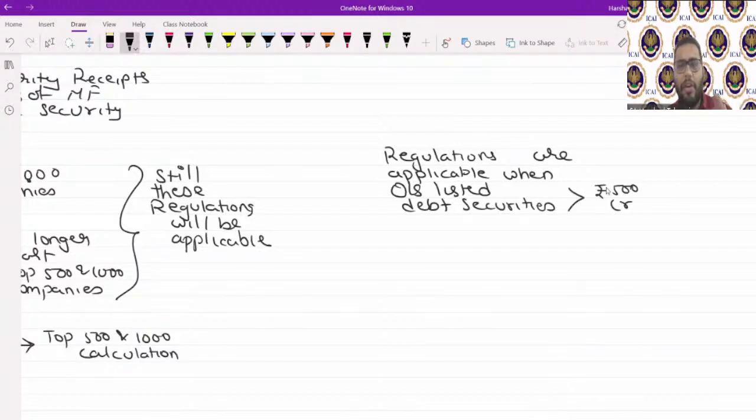Okay, when your outstanding listed debt securities on any stock exchange are more than 500 crores,